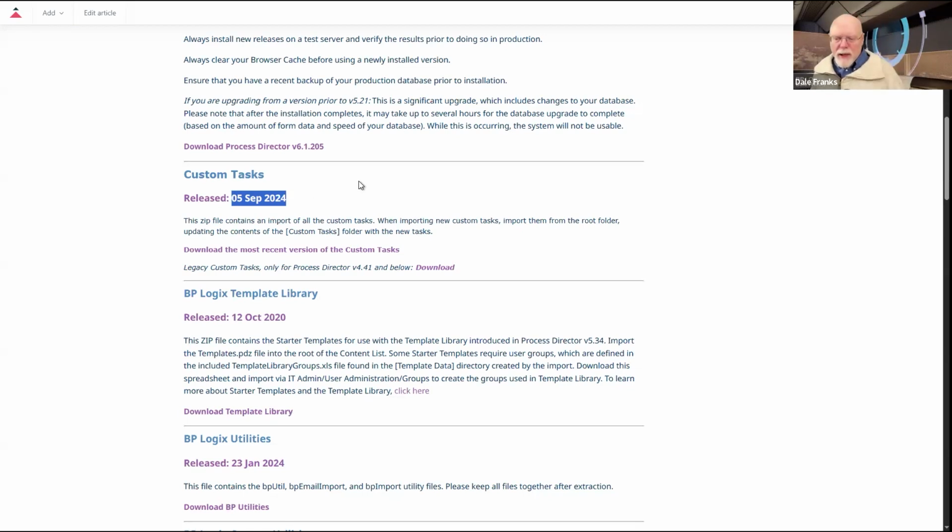release 6.1.300 because we are finding a couple of little tweaks that need to be made in a couple of different custom tasks, most of which you shouldn't be using, like the jump to step custom task for workflows. You really shouldn't be using workflows. We strongly recommend that you don't. However, if you have been a customer for a long, long time and you still have some workflows and you're using jump to step on 6.1, there's a tweak we had to make to jump to step because we changed the way we did something in the back end. And so now the jump to step custom task doesn't.